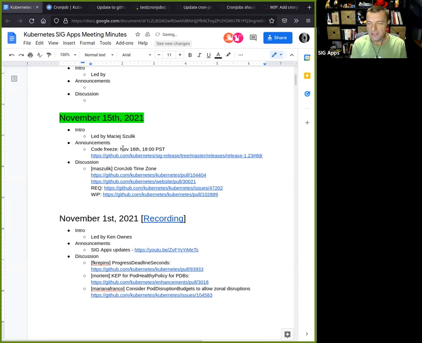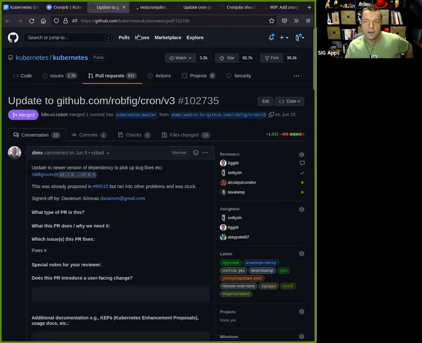So the thing is that during updating the robfig cron library, which we are using for both parsing the cron spec and also for calculating the next time when a job should be created, a feature crept in that allows specifying the time zone for a cron job.